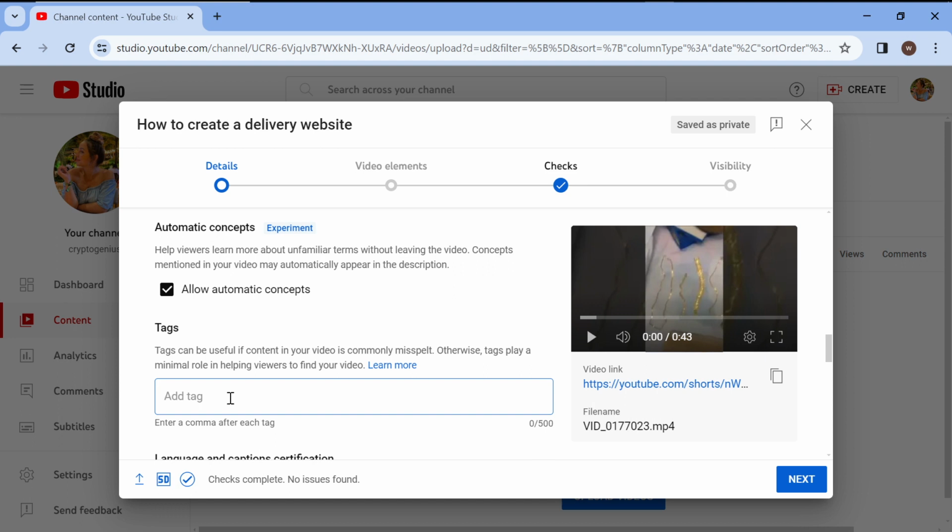So what are tags? Tags can be useful if content in your video is commonly misspelled. Otherwise, tags play a minimal role in helping viewers to find your video. So let me say somebody will just want to come to YouTube and type delivery